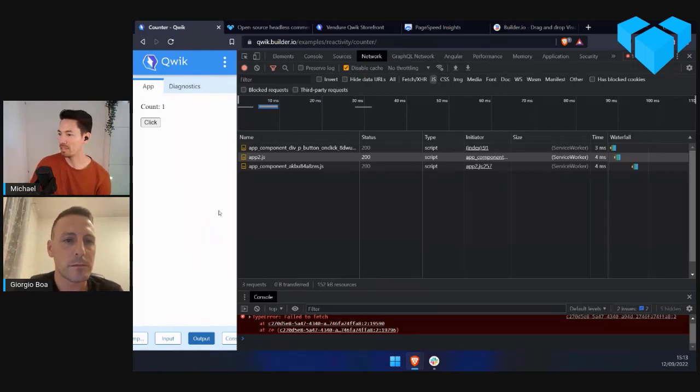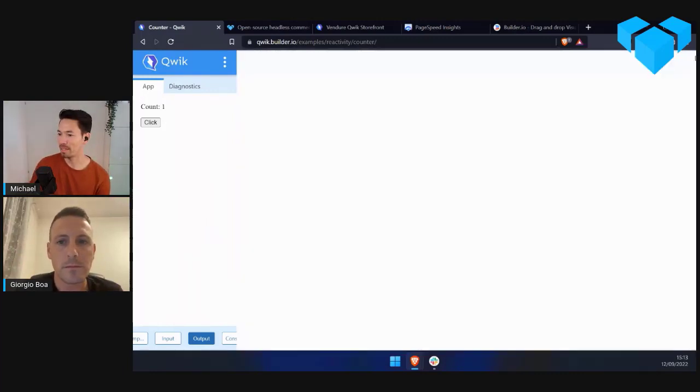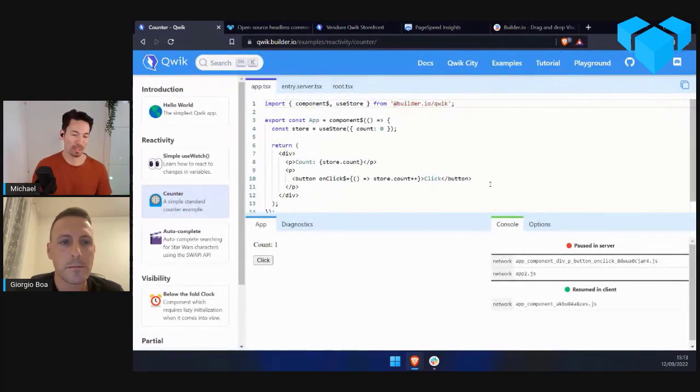Okay. So I think it becomes clear now why this is really interesting for something like e-commerce, because in e-commerce, it's very, very important to have a fast user experience, to have a fast page load, and not to have to download and parse and execute lots and lots of JavaScript.